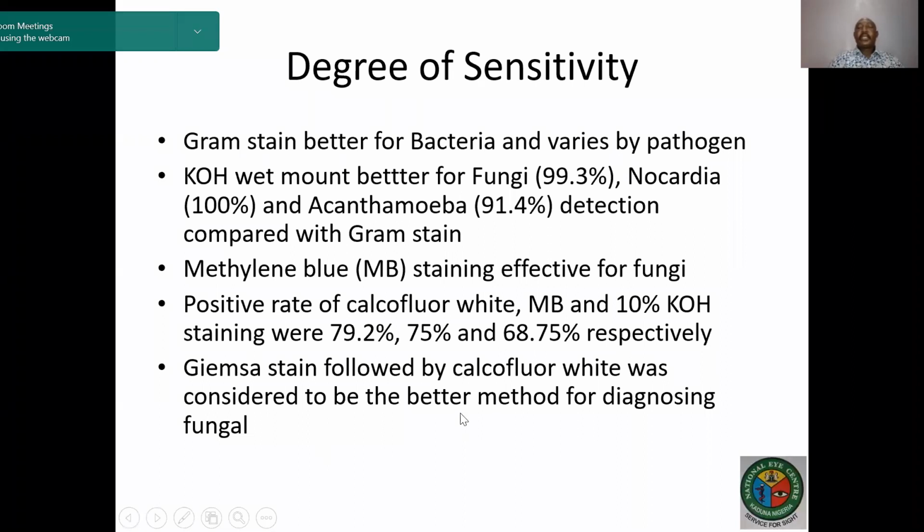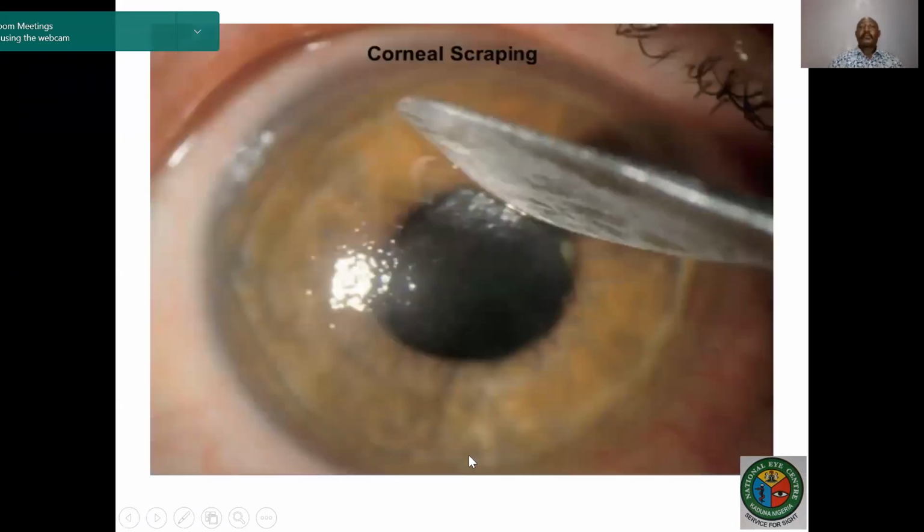Giemsa stain, when it is followed by calcofluor white, is seen to enhance the diagnosis of fungal keratitis. So that has also been well documented. Away from microscopy,